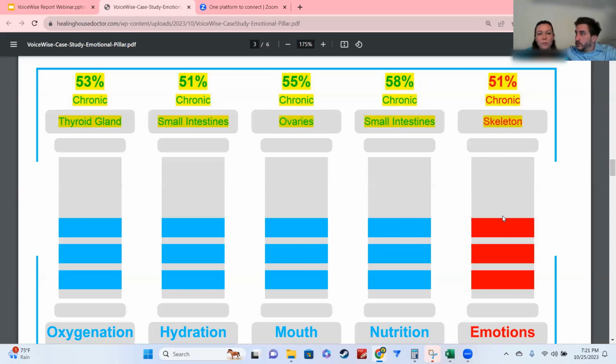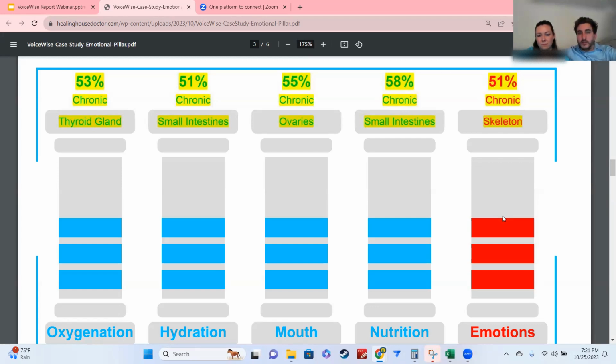You always hear about those guys who smoked a cigarette every day until they were in their 90s and it never seemed to bother them. That's because they have a really strong constitution. So the reason why emotions was highlighted and not hydration in this case is because of mathematical stuff on the back end, where essentially emotions won out because it was a little bit more intense or deeper than hydration. And so that's why that's in red, and the red is always going to be pointing you in the direction of where you want to go first and start